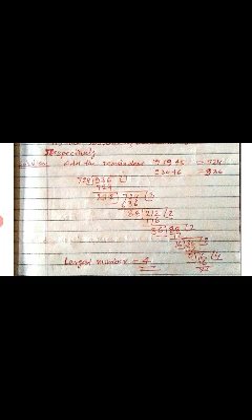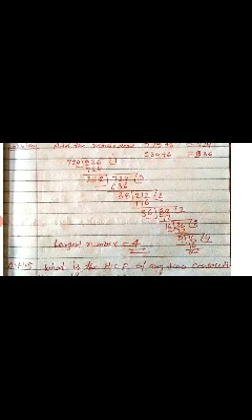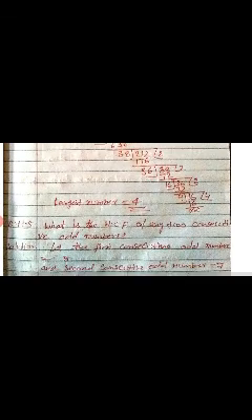724 divided by 212. 212 threes are 636, and work of subtraction, you will find the remainder 88. 212 divided by 88. 88 twos are 176, work of subtraction, you will find the remainder 36. 88 divided by 36. 36 twos are 72, work of subtraction, you will find the remainder 16. 36 divided by 16. 16 twos are 32, remainder 4. 16 divided by 4. 4 fours are 16, largest number 4.